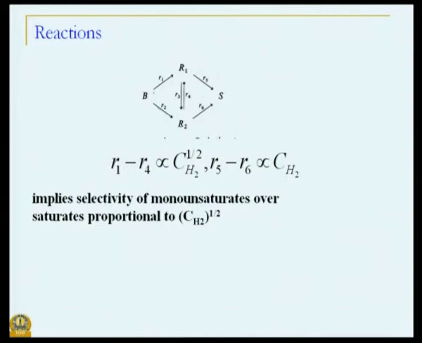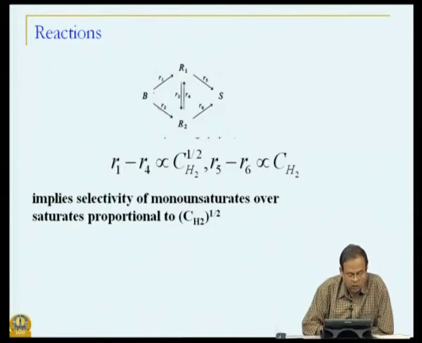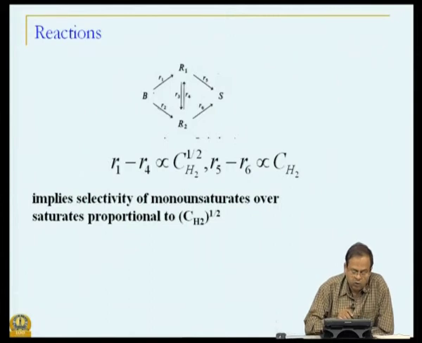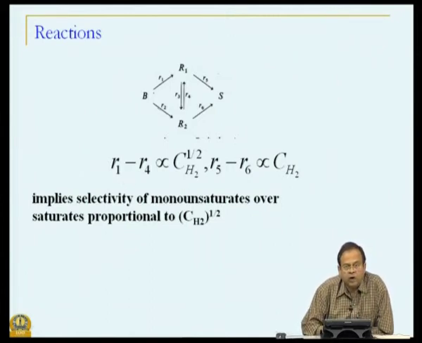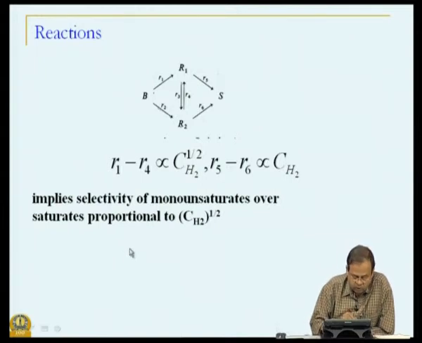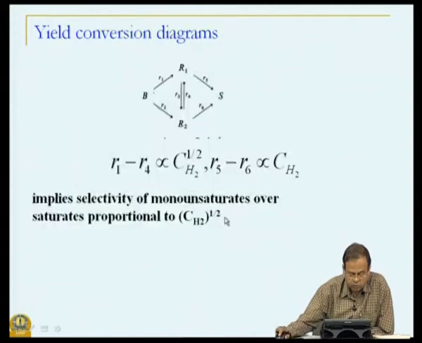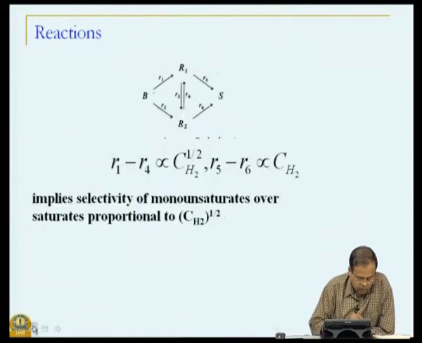Now, this implies that selectivity of monounsaturates over saturates. So, for example, if you were to look at ratios of R1 to that of R5, let us look at what happens to R1